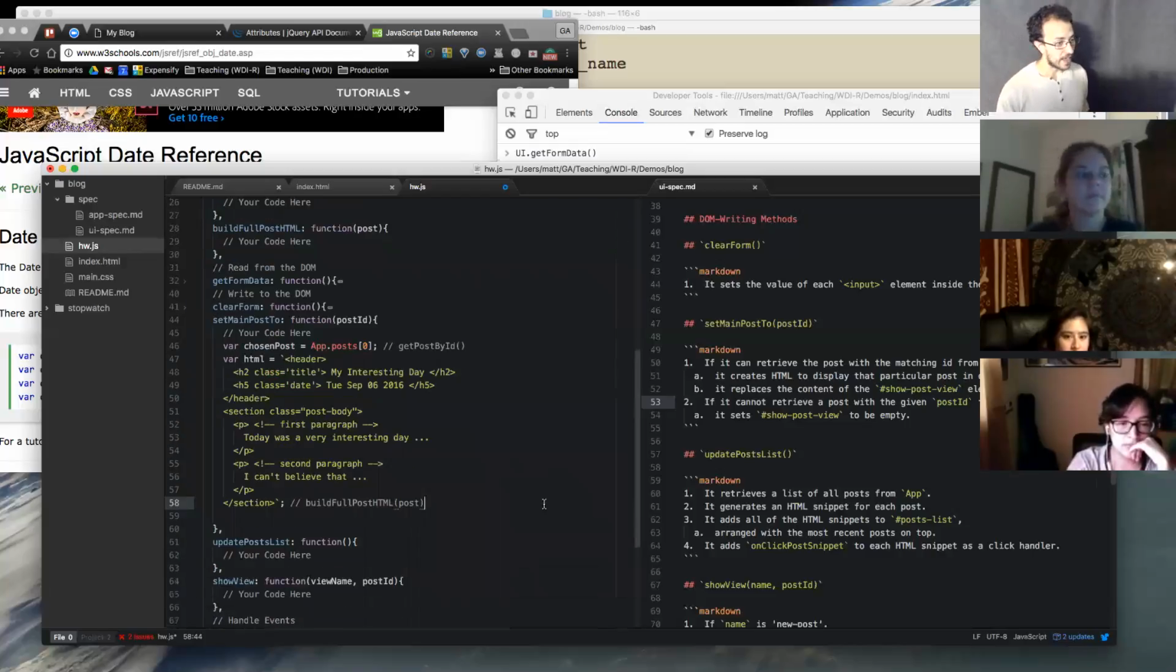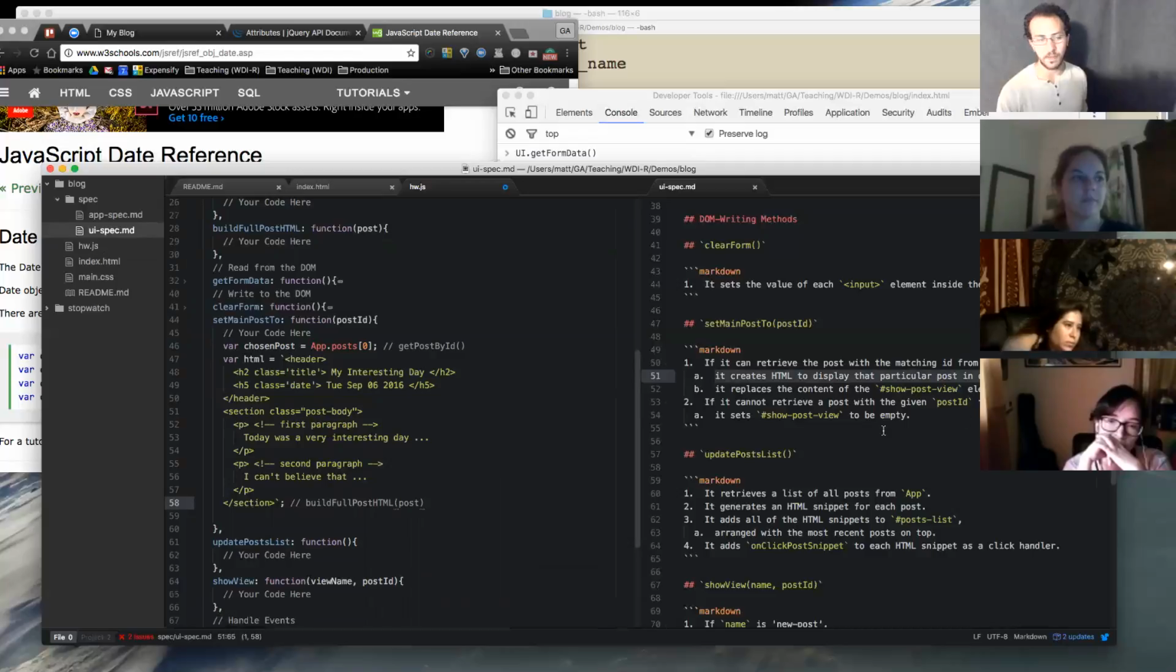So now that we have that, that's kind of like A, right? It creates HTML to display that particular post in detail. It replaces the content of show post view with this new HTML. Well, that's actually not that hard, is it? If that's what we want to do, we can just grab show post view